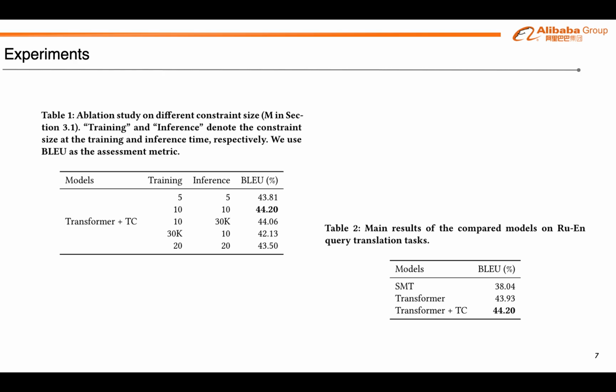The results also confirm that the Neural Query Translation model surpasses its SMT counterpart. As seen, the proposed model yields a higher BLEU score than the strong baseline system, revealing the effectiveness of our methods to improve the translation quality of query translation.